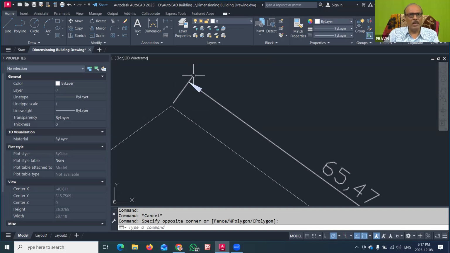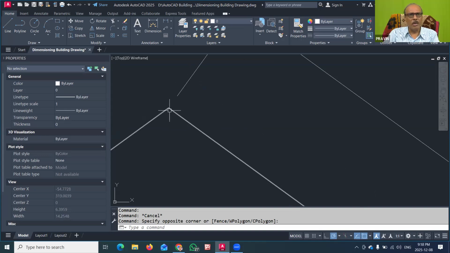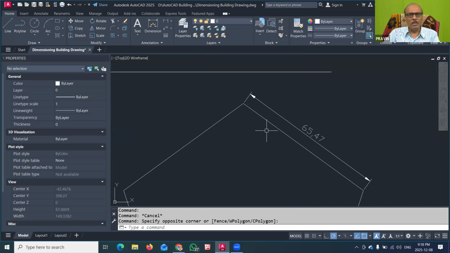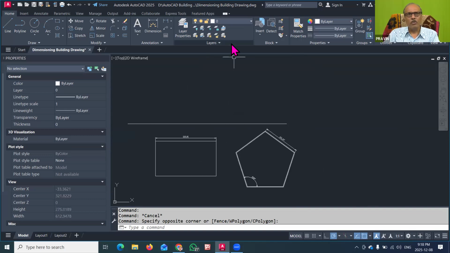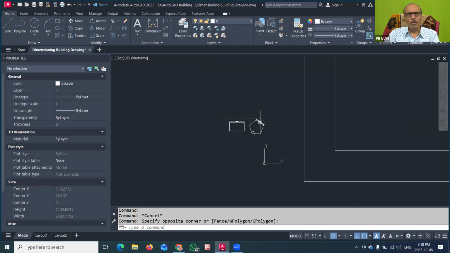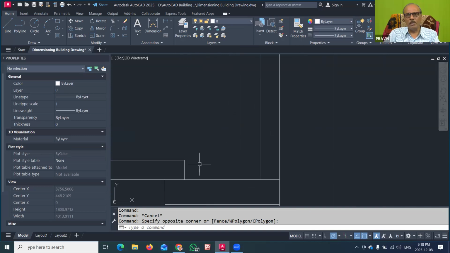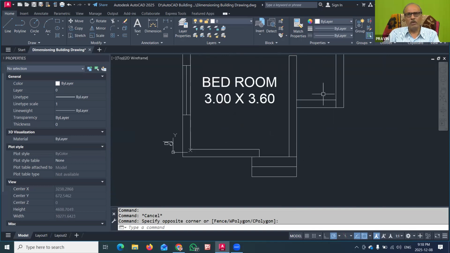Now this extension line should appear properly and it should start with some gap from the origin. So this is the origin and there is a gap between it and the start of this extension line. This gap we also have to take care of. Otherwise, if this gap is small, then your dimension appears to be attached to the drawing, so it is not appearing properly. You can check the building drawing, where the dimension appears as good as attached to the drawing. So that should not happen.